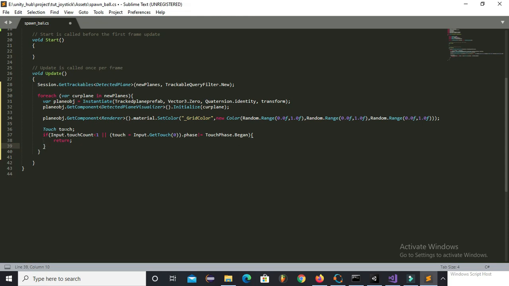And one thing I want to change, put this thing outside of the for loop. And now if we have touched the screen, then this condition, spawned equals false, then set it to true, and then instantiate the sphere, meaning the ball prefab.